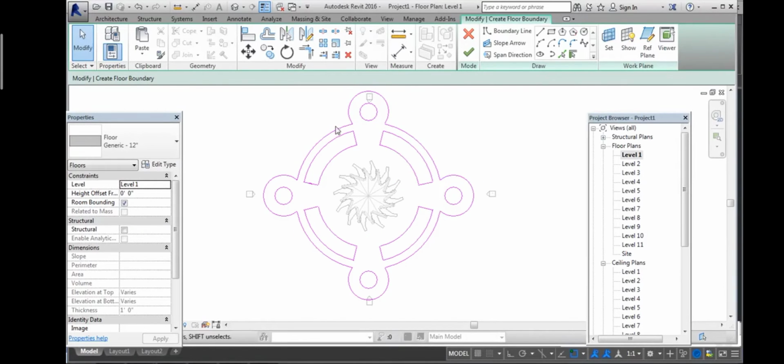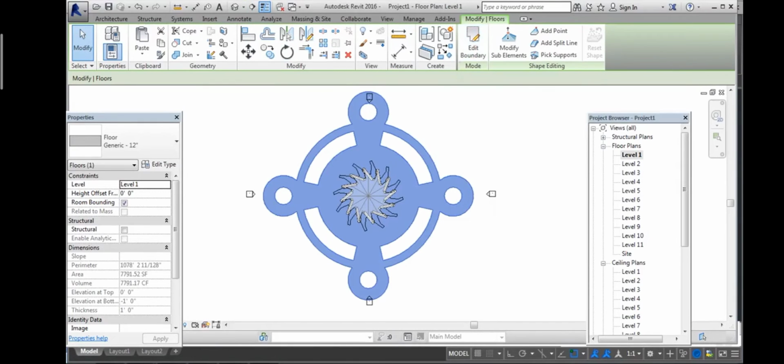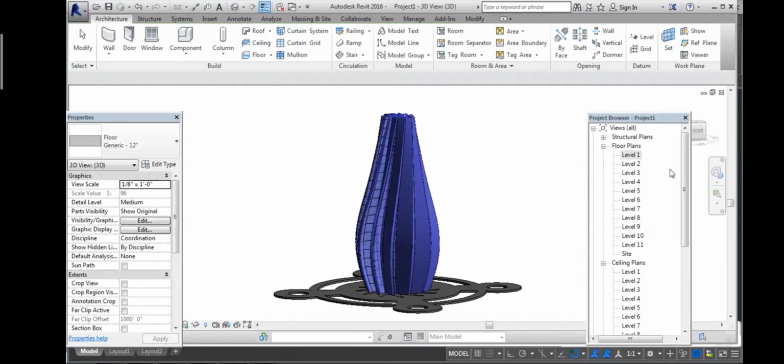Now select the closed boundary and click on Create Form, Solid Form.